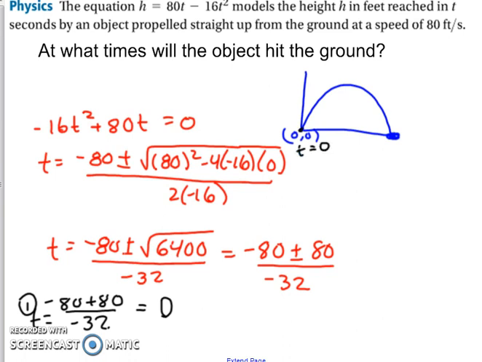We care now about where it lands. At what times will the object hit the ground? Well, it's going to hit the ground when it starts. And then it's going to hit the ground at the end. So that's going to be option 2. Negative 80 minus 80 over negative 32. So that is going to give me